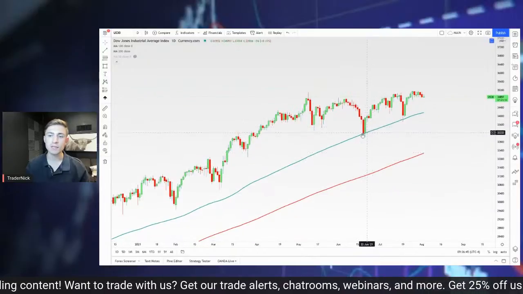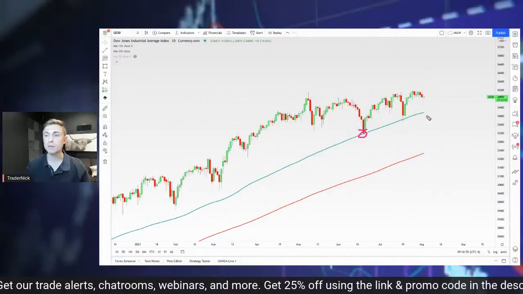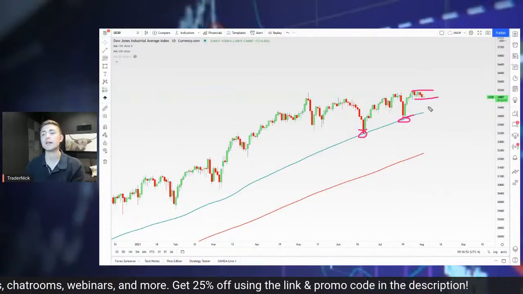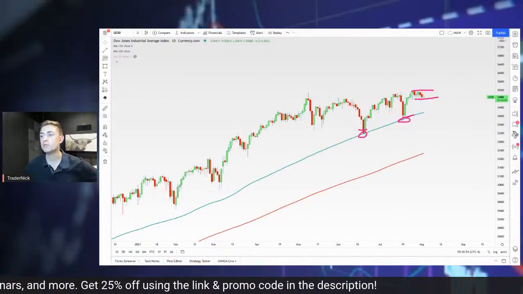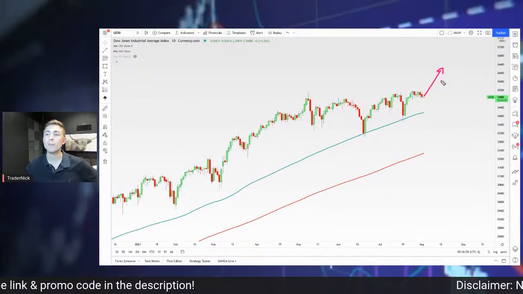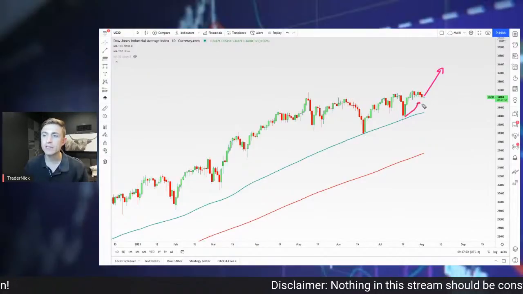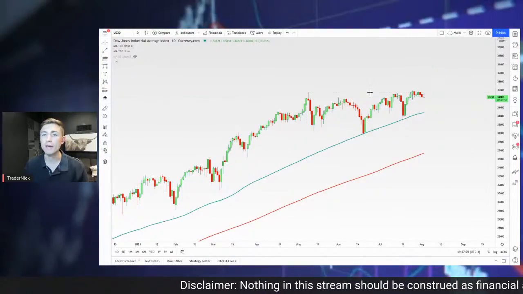stock market. You can see holding this 100-day moving average beautifully, right? So for the time being, we're sort of just chopping back and forth. There's not too much to go off of here. If we do dip back, honestly, bulls would probably like to see this thing break out to see a higher push, because we did get the retracement, but then we didn't make much progress above that level.